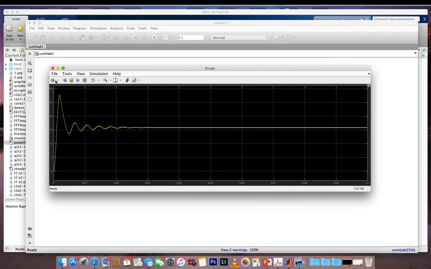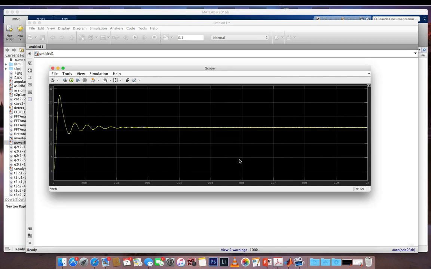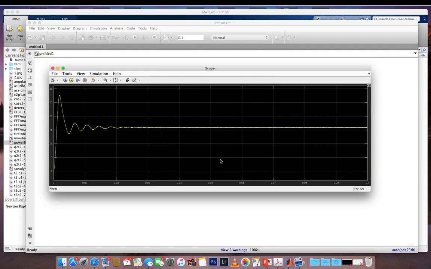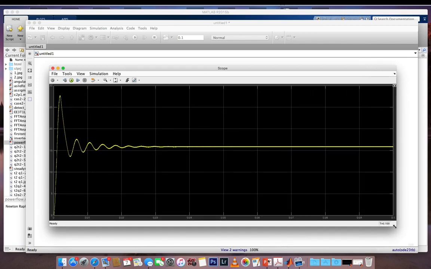If you want to change the grid size, then you can go over here. Sorry, go to configuration properties. If you double click, or right click properties, you can change the axis limit over here. So we'll go from 0 to, let's say, 30 volts. So this is your graph for the boost converter for this particular